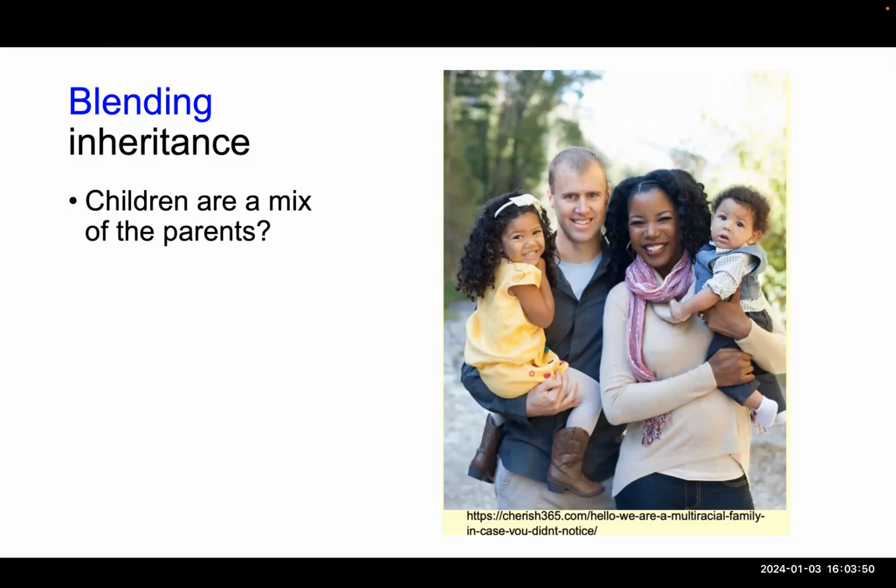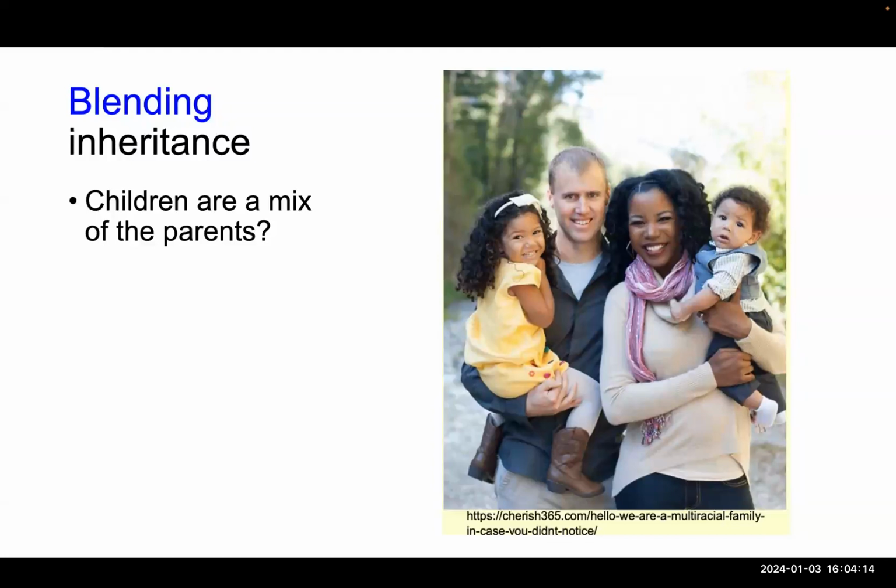So the idea that children would somehow be blending liquids or fluids between the two parents, when you look at multiracial families, it can kind of look like that. It can look like you have two parents with different skin colors, and the children seem intermediate between those two skin colors. And that's how, you can say that's blending, but